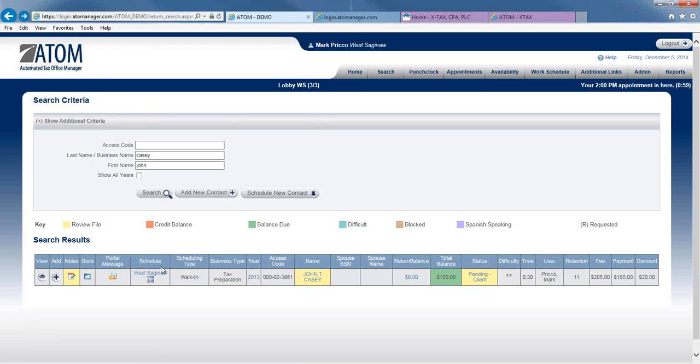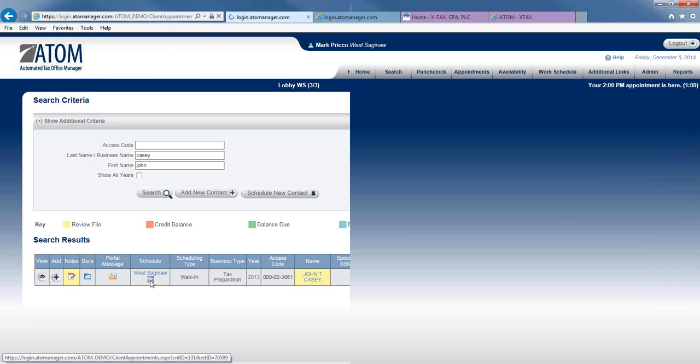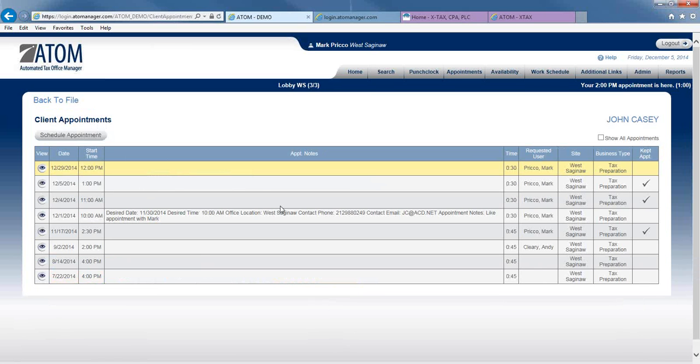Appointments, this is the new page right here under schedule. As you call the schedule appointment, you always would click on the site, West Saginaw. That hasn't changed at all. This little calendar, though, that's going to take me directly to my client appointment page,